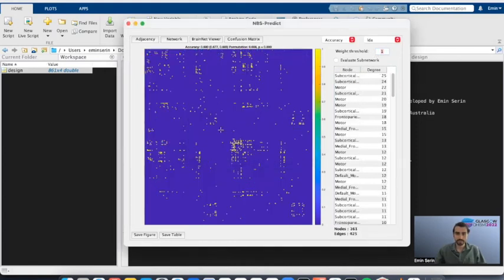It will show you the subnetwork with the most relevant edges. In this subnetwork, we have 161 brain regions connected by 425 connections. We can also check the nodal degree for each node in the subnetwork.